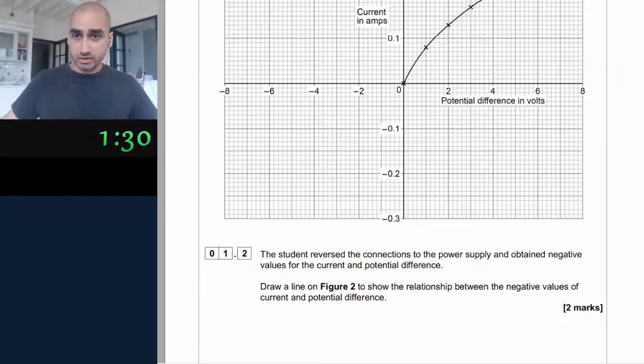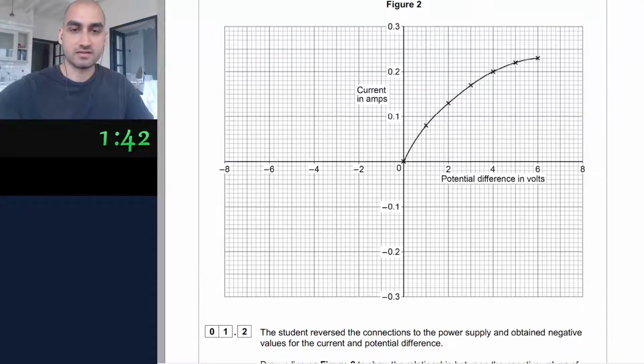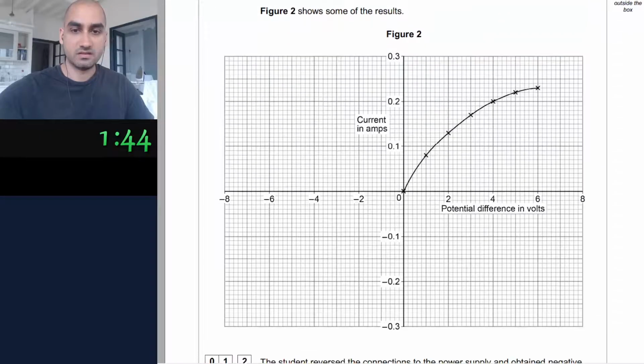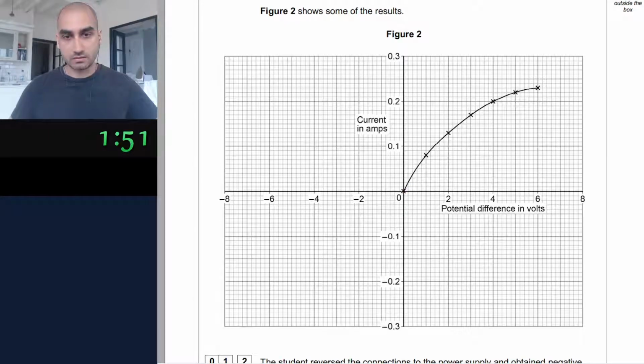So the amperes will go negative, but the potential difference, is it always a positive number? Is it just the difference between the higher and the lower? No. No, of course you can have minus 5 volts. Okay, so it would just be the mirror, not mirror, just be like this, wouldn't it? So it would go to,